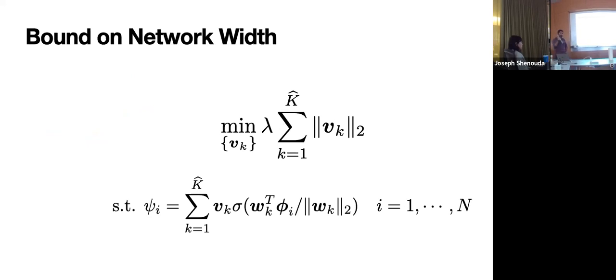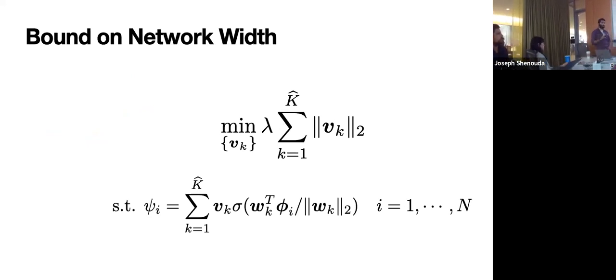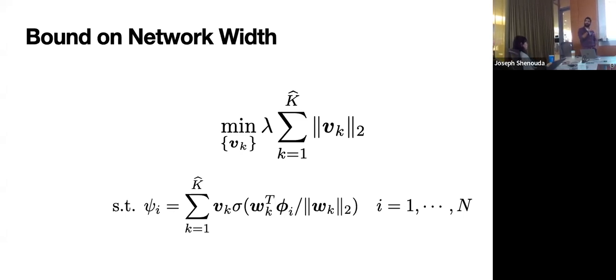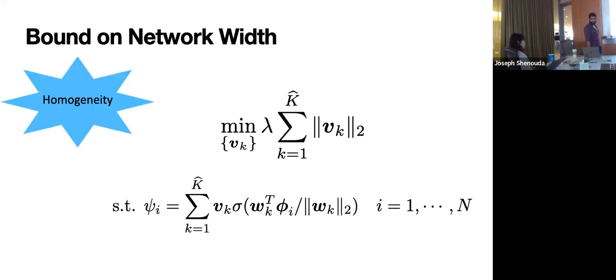So I would take my trained neural network, I'd have that one layer, I would normalize the input weights, push the scaling to the output weights, basically fix that representation now that I have, and then just train over my output weights in order to find a way to do the input-output mapping with fewer neurons. So this is like a consequence of homogeneity.